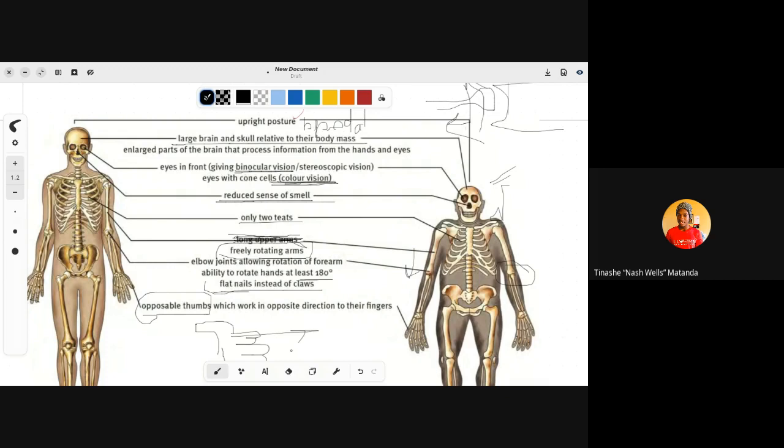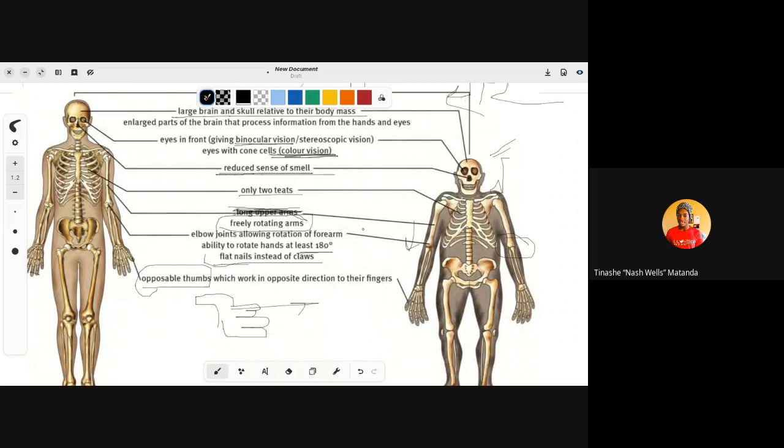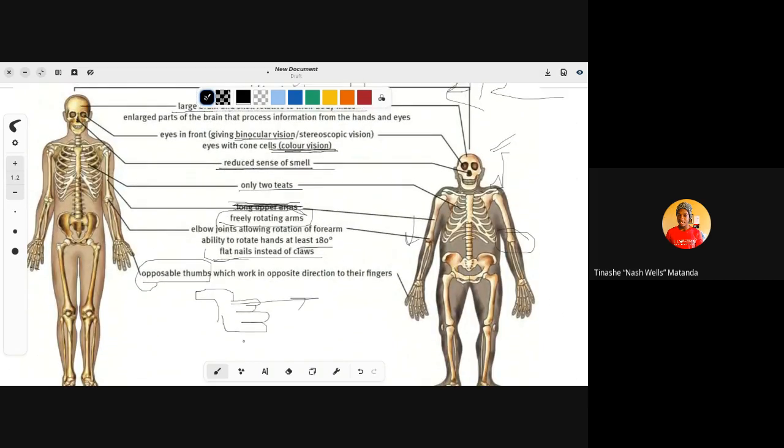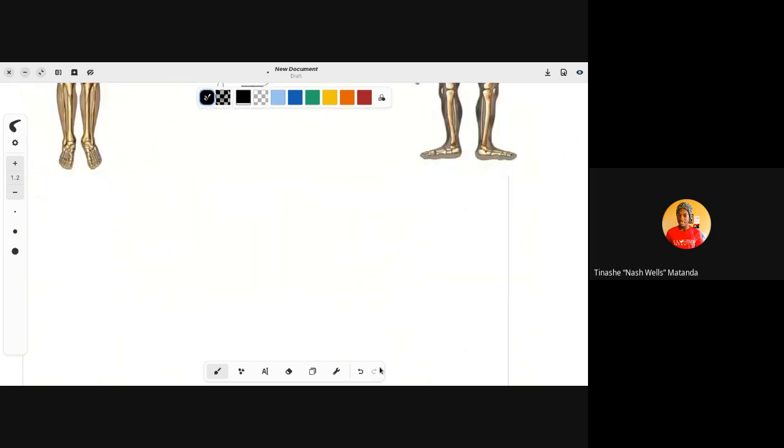Your pointing finger, ring finger, and all the others are able to curl inwards into the palm of your hand, but then the thumb is able to bend backwards towards you, and that is essentially what is meant by opposable thumb. And this is quite a good characteristic because it explains the reason why we are able to hold things. Okay, so those are the close similarities that we share